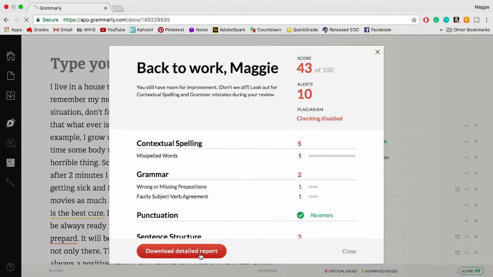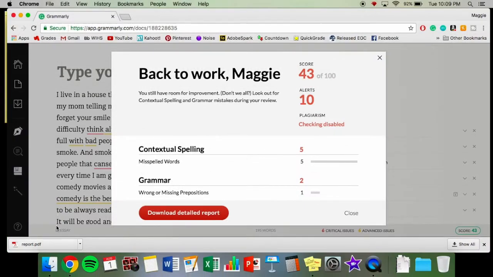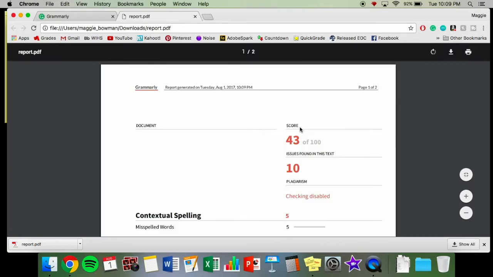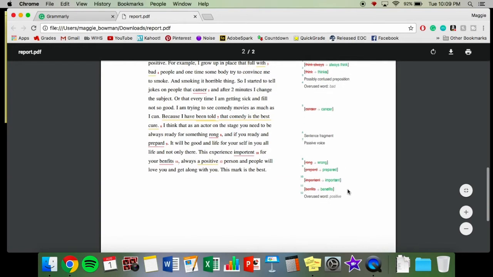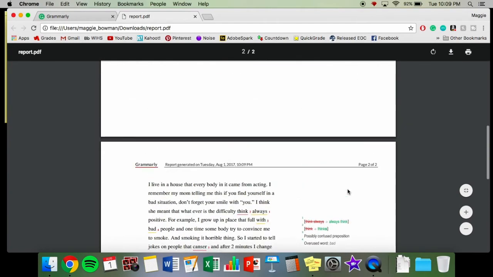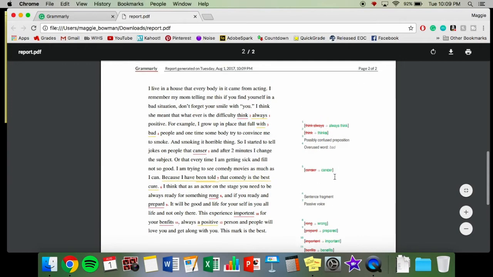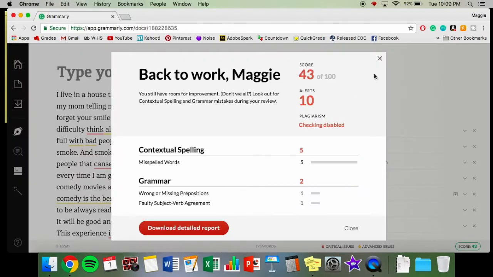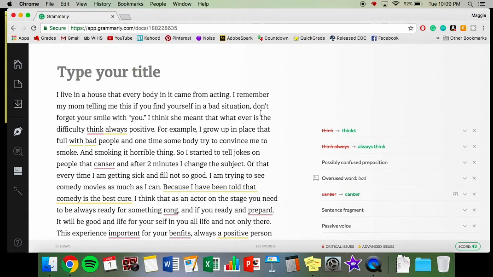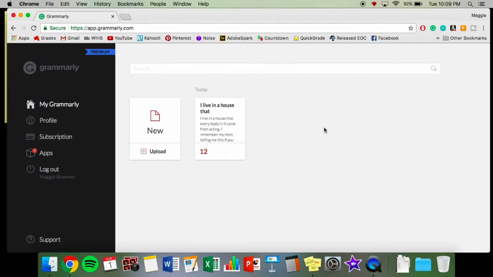The cool thing about this, I can click download detailed report, and then I can pull it up. What you'll see is it's going to download the actual essay with all the little markings on it, which means that I can print this out and give it to the kids. Now, it's not going to give the long explanations, and they'll have to go in and type it, but sometimes in a pinch, it is really helpful. I have my kids turn this in to me a lot of times before it's time for them to turn in their essays. So if I go back to the home page, you'll see now that essay is saved on here,